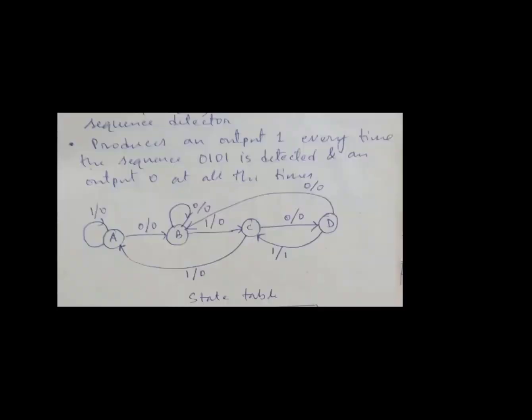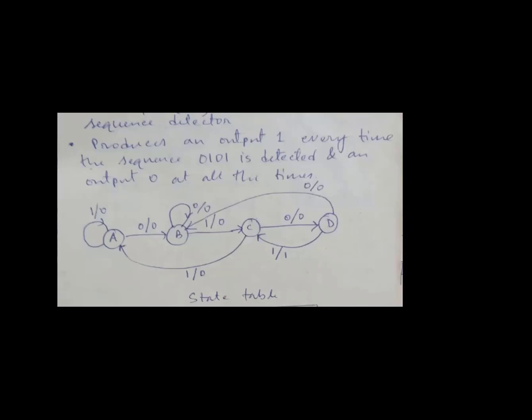So, today we'll discuss the sequence detector. A sequence detector, which is also called a Mealy machine, is one kind of machine or automata where you consider output with input, and